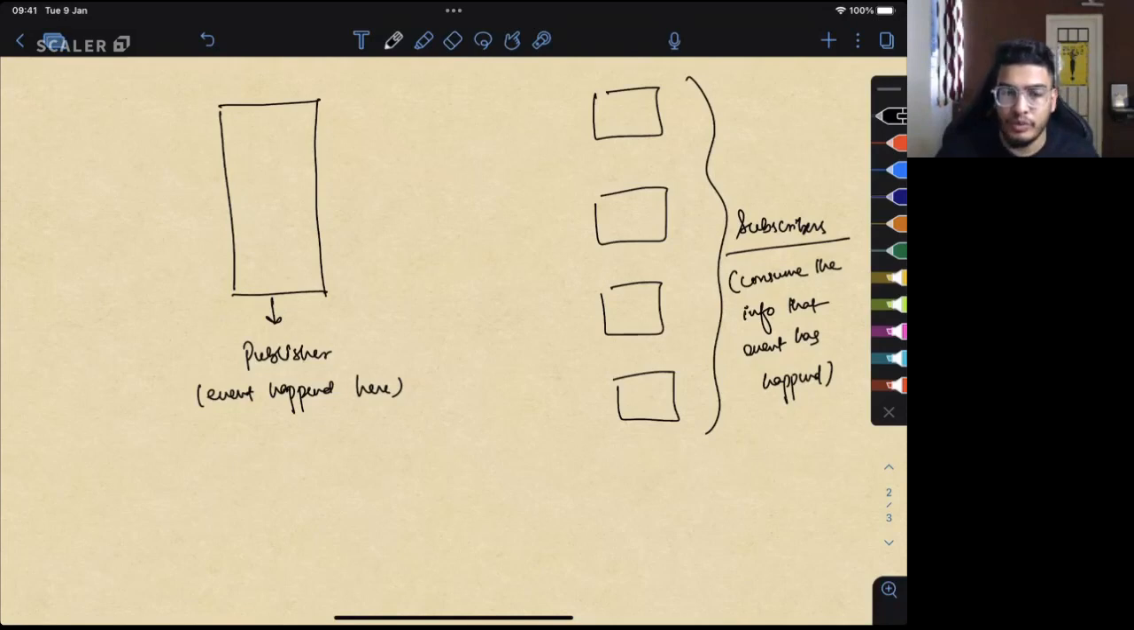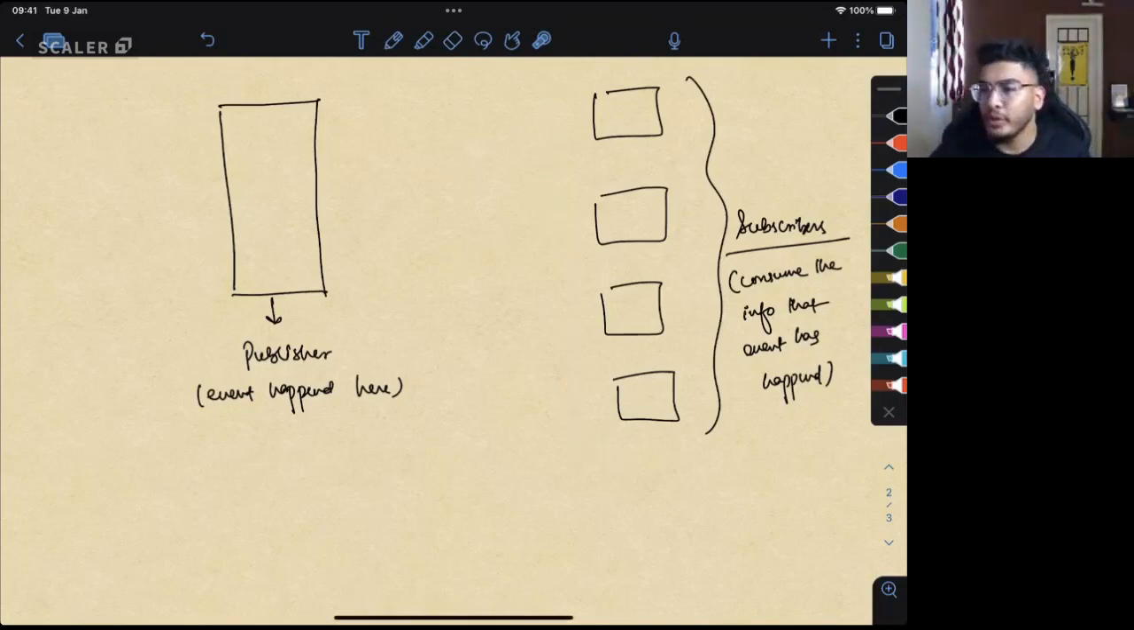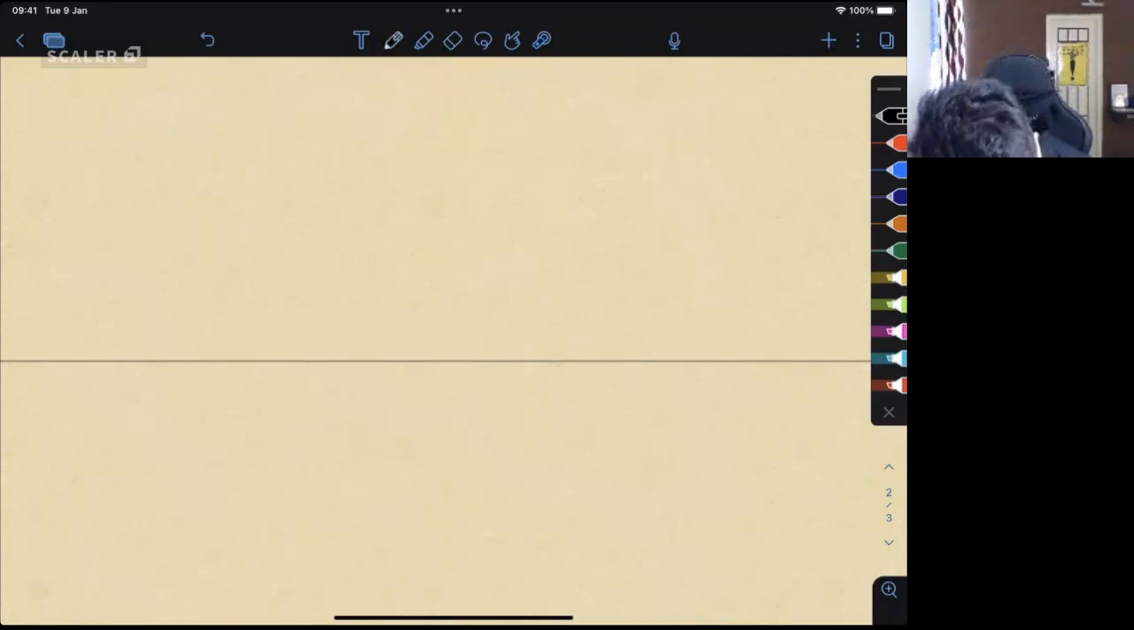Now, all of these are in the same family called subscribers. What can I do to make multiple classes come under a single umbrella? Interface, correct. So step number one, create an interface